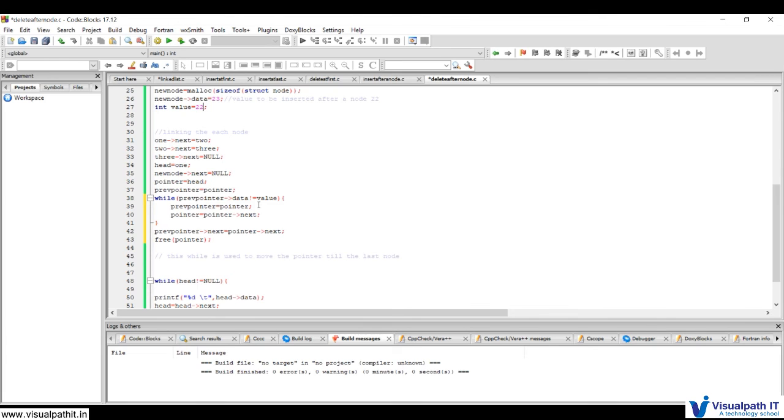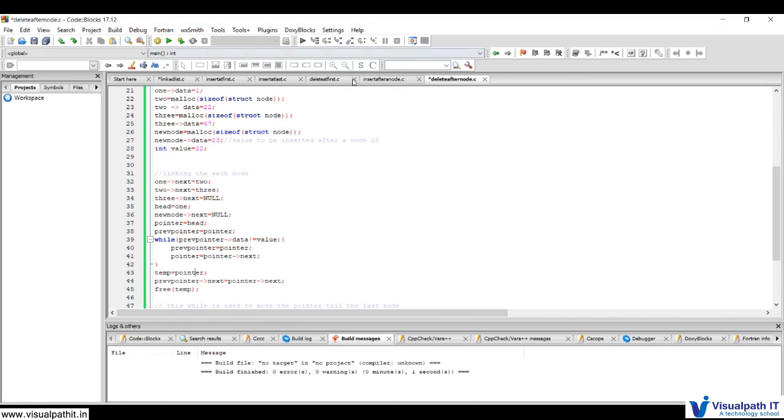The data of the previous pointer is not equal to val. Yeah, it's working fine. So why is it not coming? So if I run this,